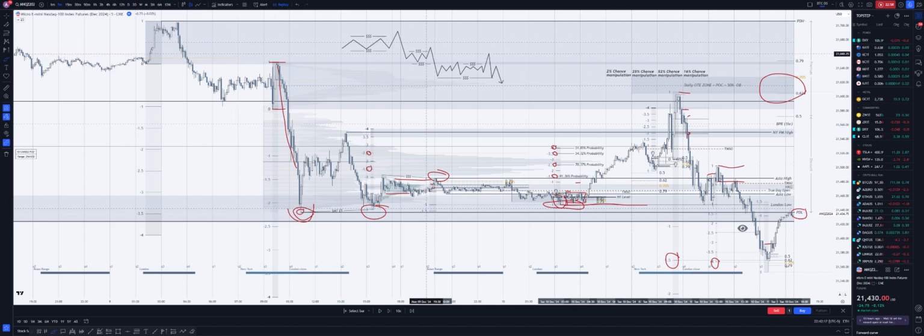So we have a consolidation, our manipulation, which sweeps this level. We have new liquidity down here, and we get our expansion. And this move that's sweeping those is also mitigating this order block. Price comes back down, consolidation, push up, taking those highs, we come down,